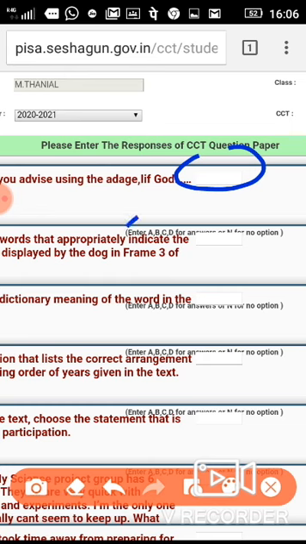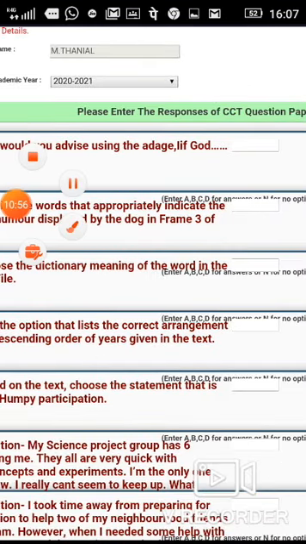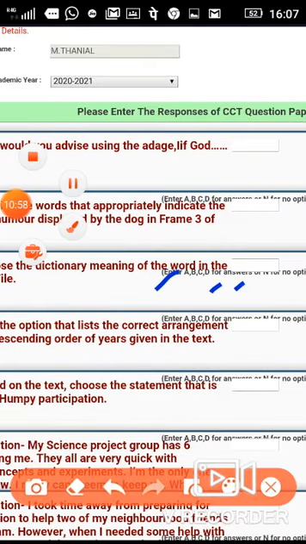You see, enter A, B, C, D for answers and N for no option. Suppose your answer is not in the options. So what you do? You have to write N. Otherwise you have to type A, B, C or D. So for the second question, the same instruction. Enter A, B, C, D.